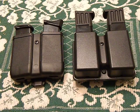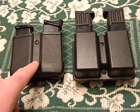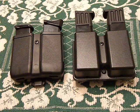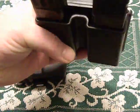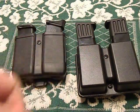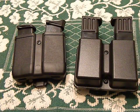Hey guys, I want to talk about these magazine holders. What I have here on the left is a Blackhawk single stack double magazine holder. It's meant for the single stack 9s and 40s. Over here is an Uncle Mike's, and this one is a double stack 9 holder. And what I want to talk about is the differences between the two, and compare and contrast, and